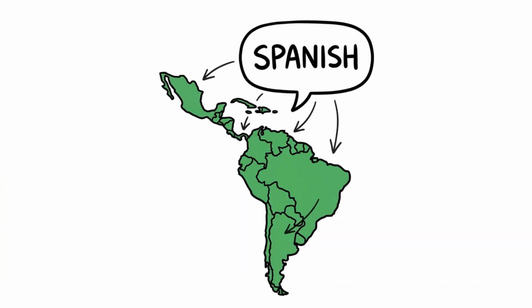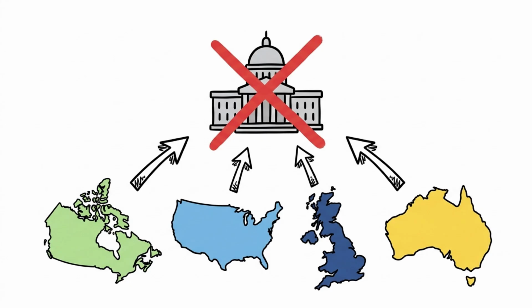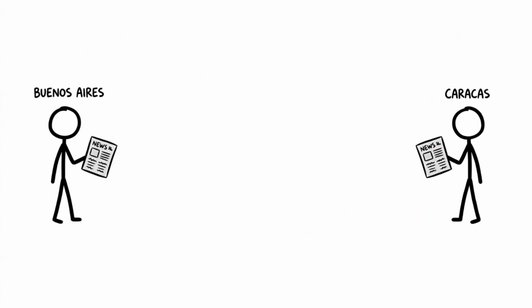Consider, too, how language itself misled generations of observers into expecting unity. You hear the term Latin America, and your mind groups it together instantly, the way you might group Scandinavia or the Balkans. But a shared language does not automatically produce a shared political will. Think about the English-speaking world. Britain, the United States, Australia, and Canada all share a language, and yet nobody expects them to merge into a single government. Language tells you how people communicate.